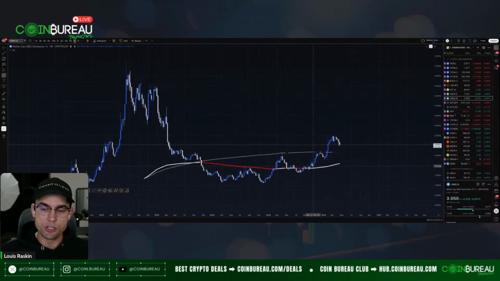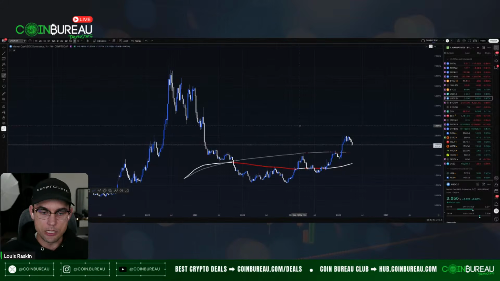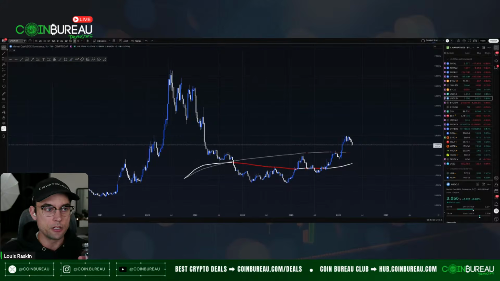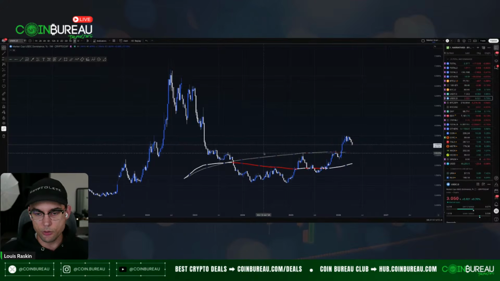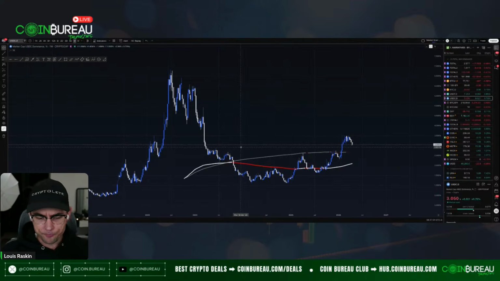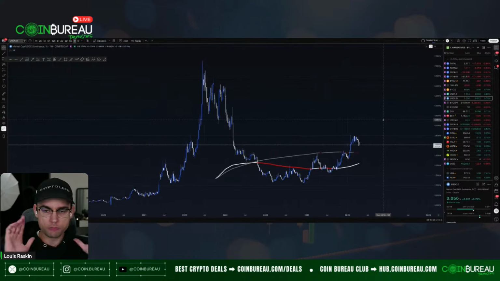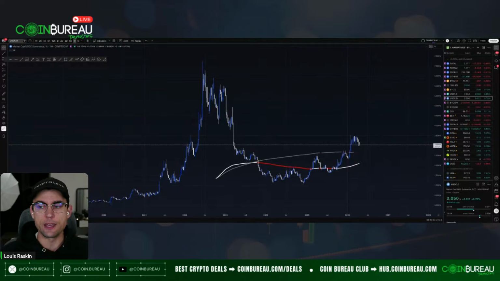But now, like I mentioned, USDC is important. So we have to go into USDC, and I don't even have this plotted out. I have nothing plotted out on here. The only thing I have plotted out on here is this moving average. So this is the exponential moving average and the simple moving average, 200 each, right? So if we look at this, what do we see? Or what does this mean? First off, it's a stablecoin. And so it's going to be the same exact thing as USDT, right?